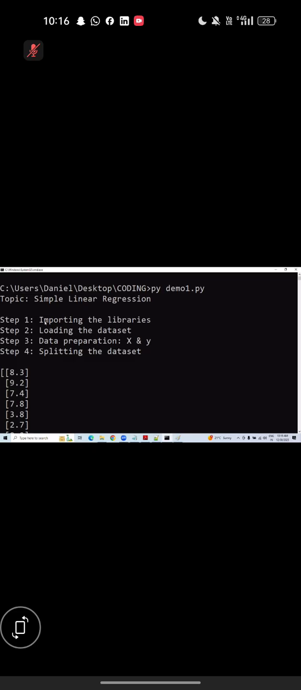Come on, let us read all these steps. Each step, source and student. Importing the libraries, loading the data set, data preparation, splitting the data set. We are good to go. Nice. Thank you. Steps from 1 to